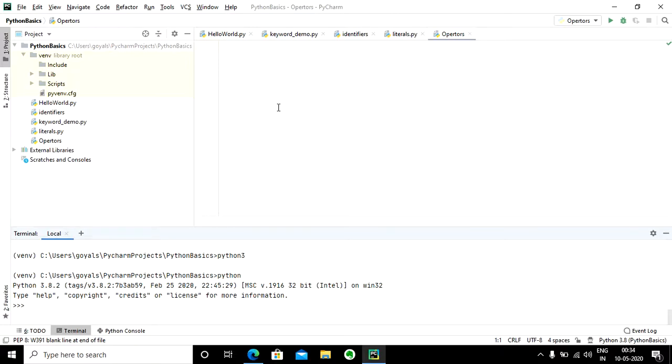so basically there are six bitwise operators, that is bitwise AND, bitwise OR, bitwise NOT, bitwise XOR, left shift and right shift. So these are the six bitwise operators. If you remember from the last lecture, there was also logical AND, logical OR and logical NOT. So actually these logical AND, logical OR and logical NOT are quite similar to bitwise AND, bitwise OR and bitwise NOT, except the fact that